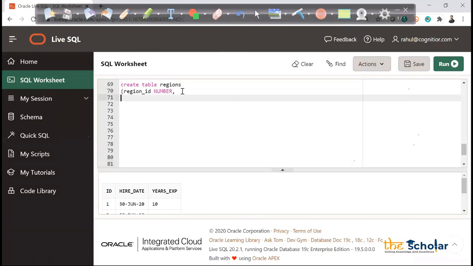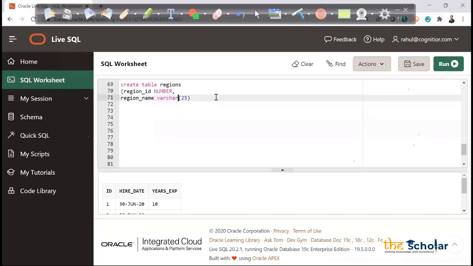Now after region_id I will put region_name, and I'm giving varchar 25.